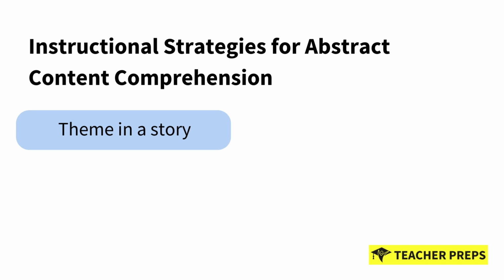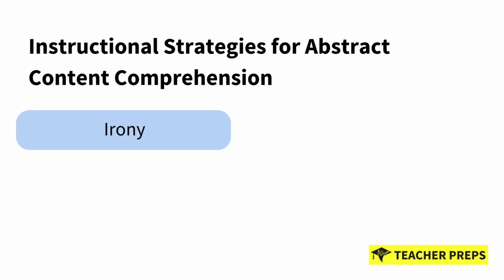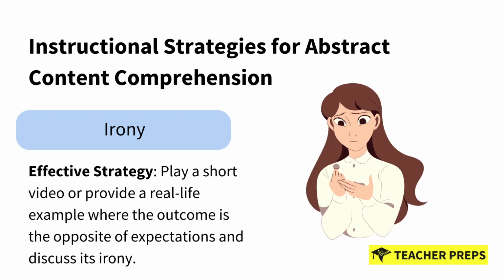Next, if on your exam you're presented with an abstract concept question regarding a theme in a story, look for an answer that encourages students to summarize the story in their own words, then ask them about the underlying message or lesson. If on your exam you're presented with an abstract concept question regarding irony, look for an answer that talks about playing a short video or providing a real life example where the outcome is the opposite of expectations